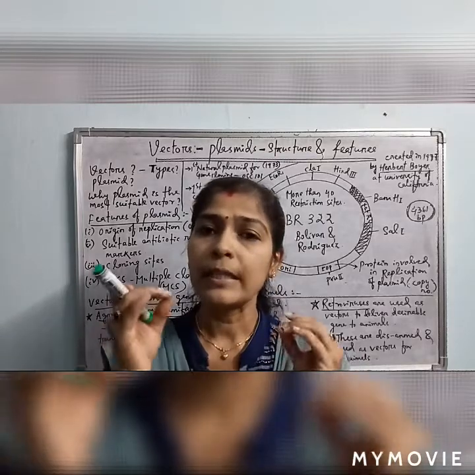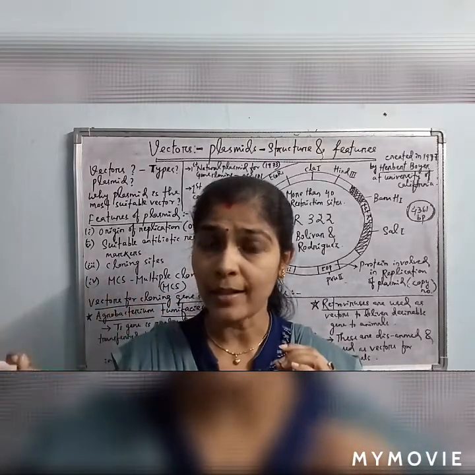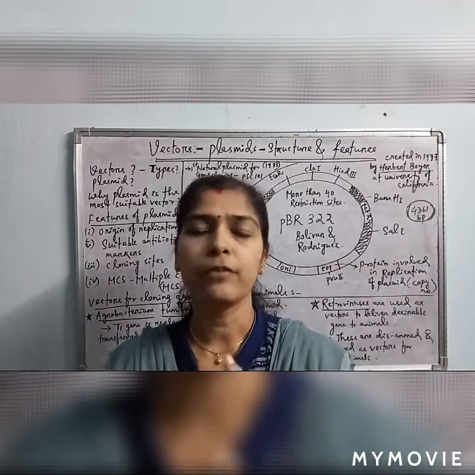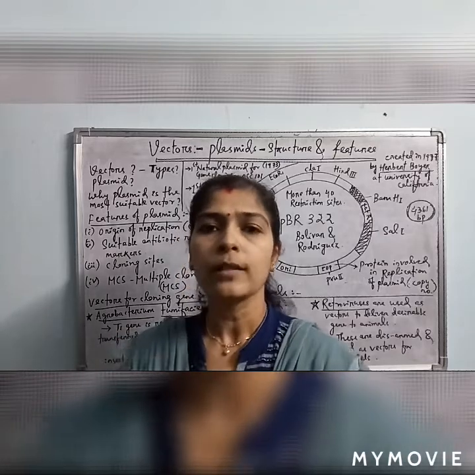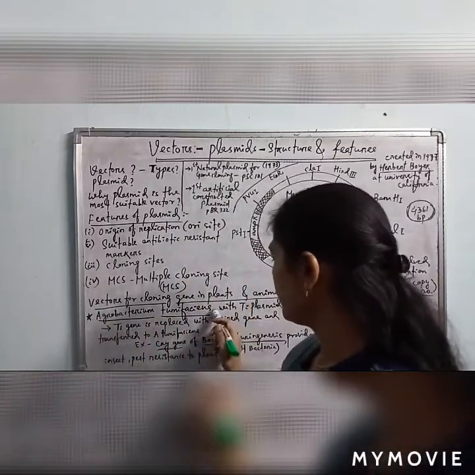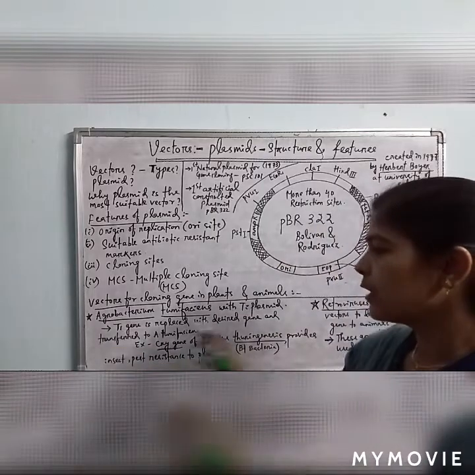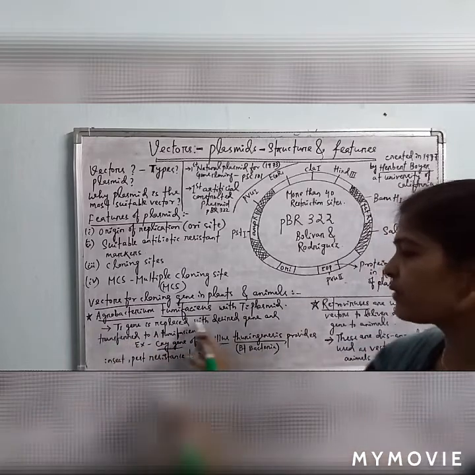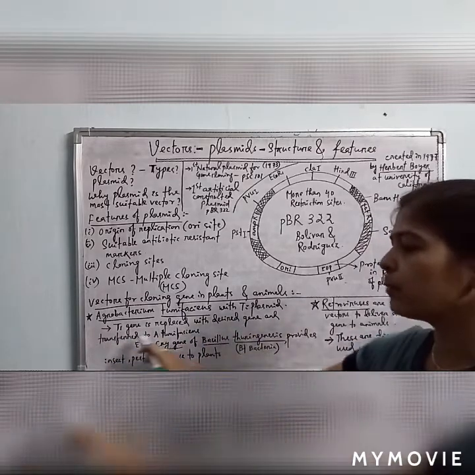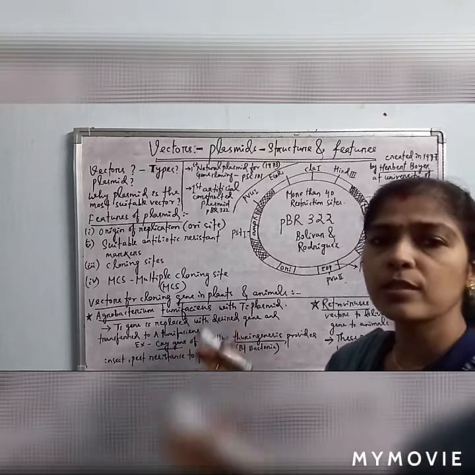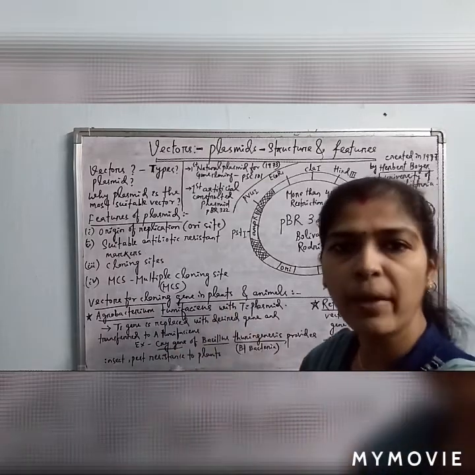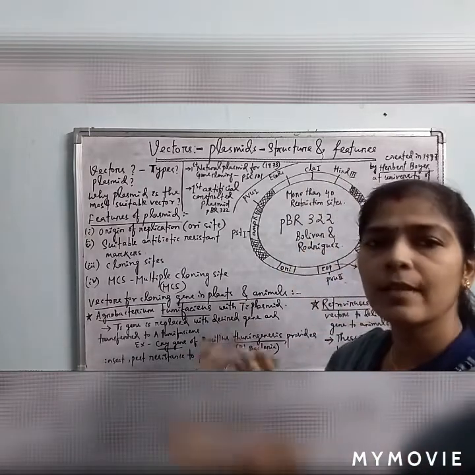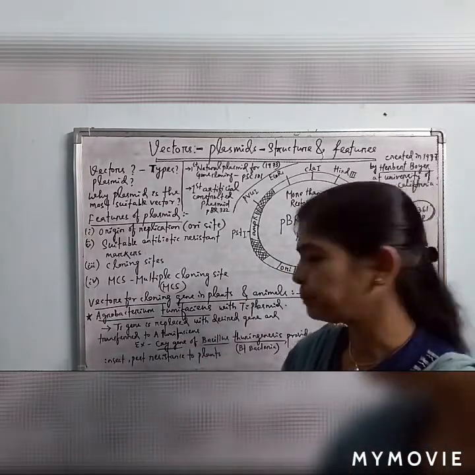And now this TI gene is not there, it is replaced with the desired gene. Now this desired gene will automatically enter into the plant cells and be expressed. So this Agrobacterium tumefaciens bacterium has the TI plasmid, the TI gene is replaced with the desired gene, and it is transformed into Agrobacterium tumefaciens. Now this transformed bacterium will infect the normal plant cells, and automatically the desired gene will be inserted into the plant tissue.